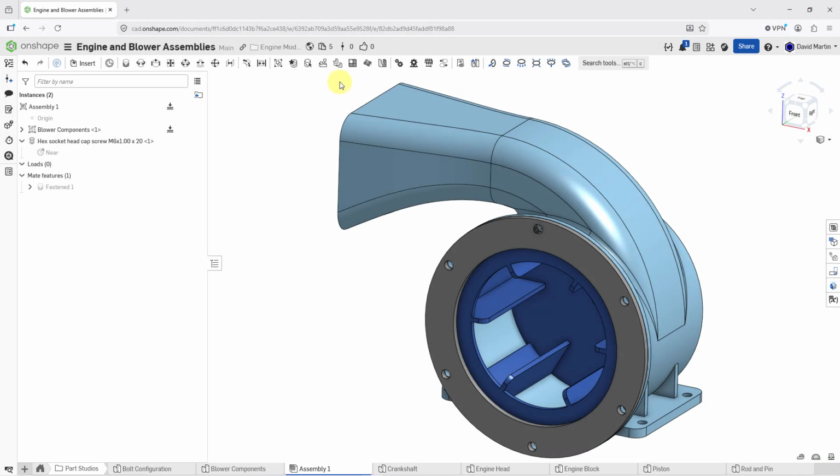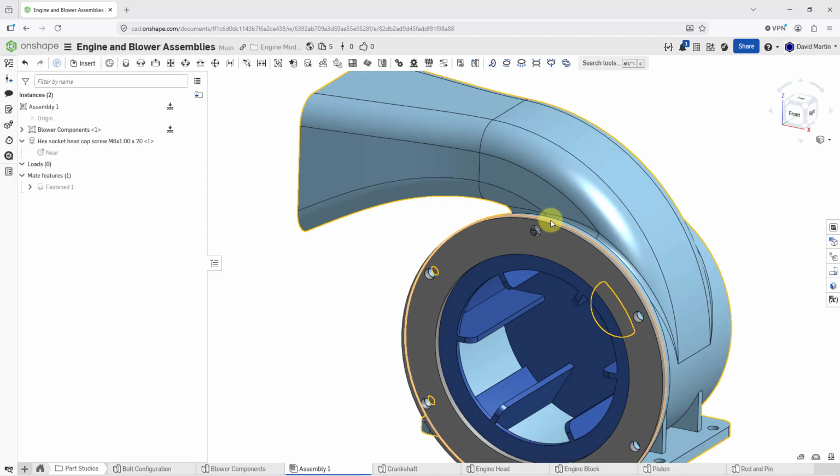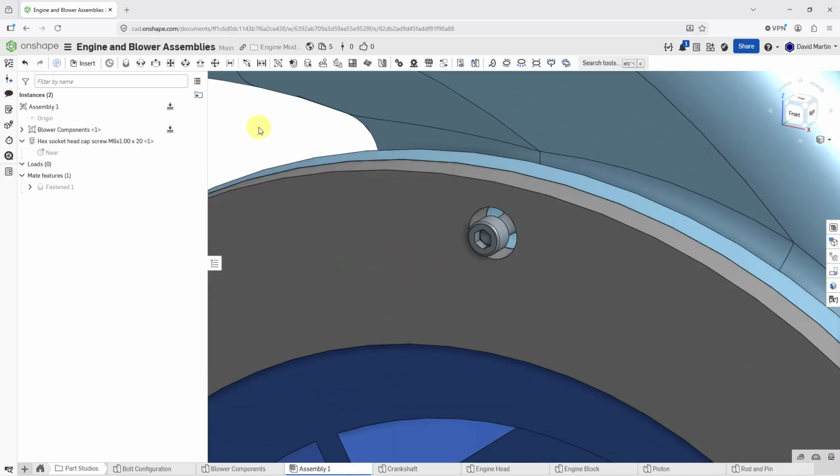In Onshape, you can use the replace instance command to swap out one component in your assembly with another component. Here I clearly have the wrong size fastener in my assembly. So I will click on replace instance, then I will pick the instance to replace, and then when I click